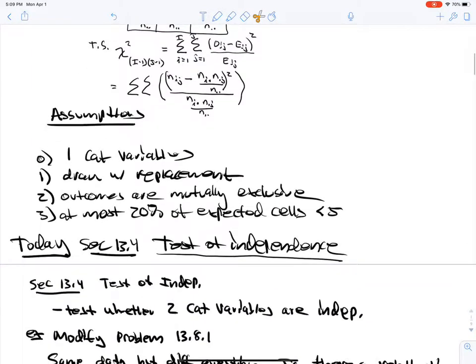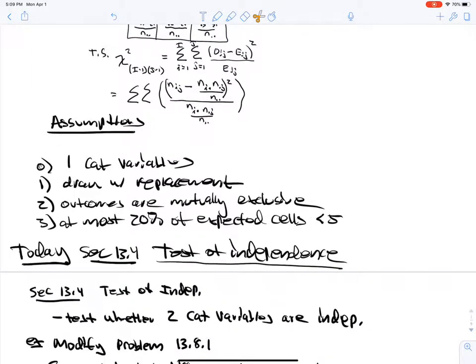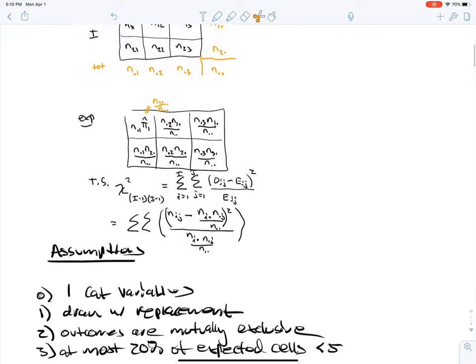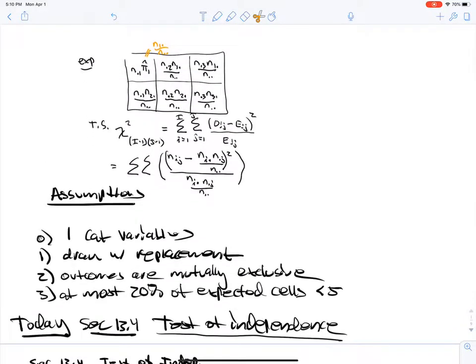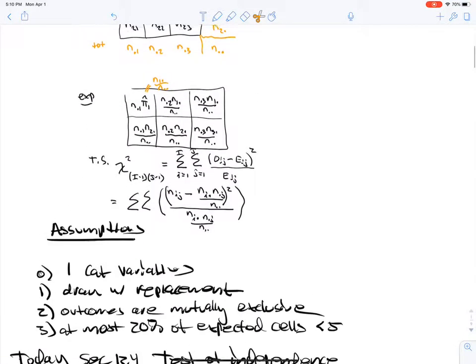The assumptions that go into this model is that we have a single categorical variable. It's really very similar to the goodness of fit. We have a single categorical variable. We're drawing with replacement. The outcomes are mutually exclusive. In other words, when we draw from the box, exactly one outcome is checked. For example,